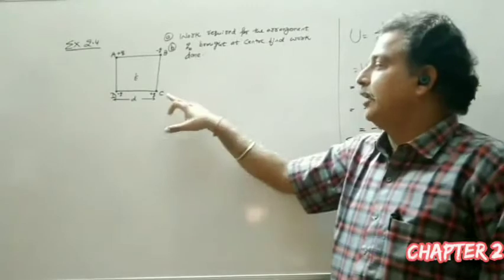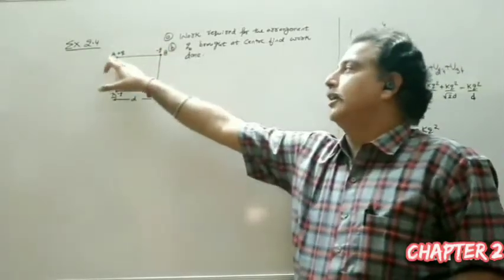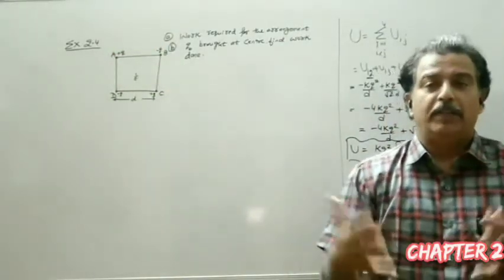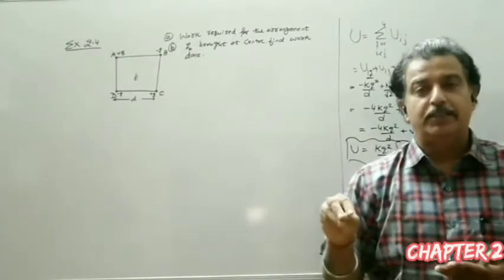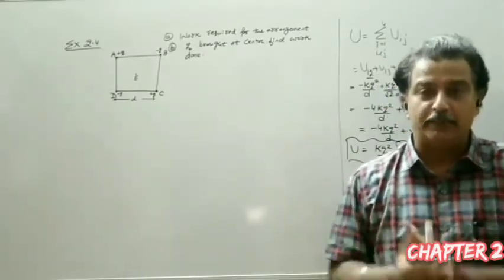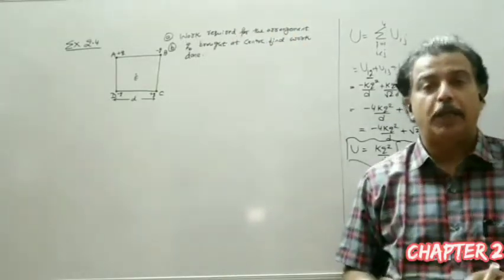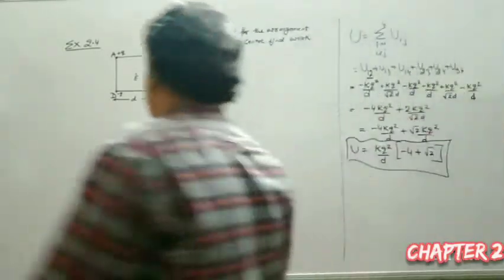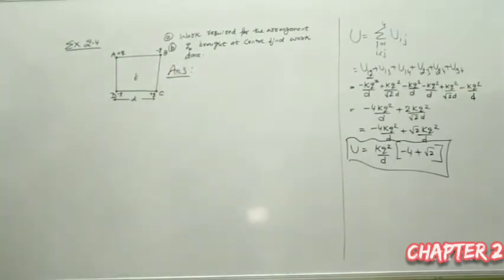Similarly, when I bring the third charge, it is against A and B. When I bring the fourth charge, I do the work against A, B and C, and then we do the summation. So one by one, first we bring one charge, then find its potential. Potential means the cost of bringing 1 coulomb. Then if you brought q coulomb, you multiply by q. If it is a theoretical question, then we have to write all the steps. Otherwise, directly you can write this. Now, as far as our answer is concerned, we will do it in steps.